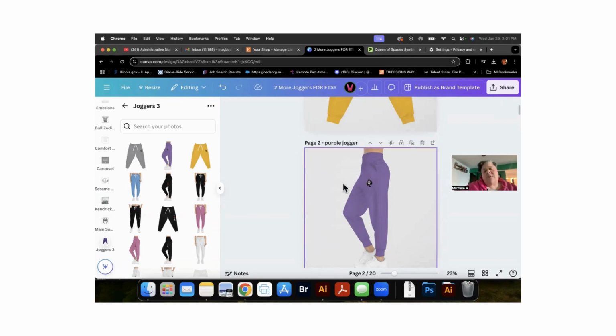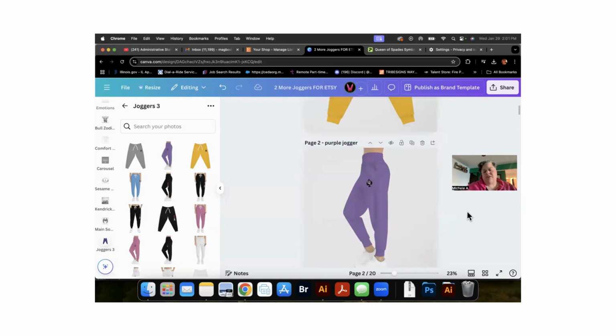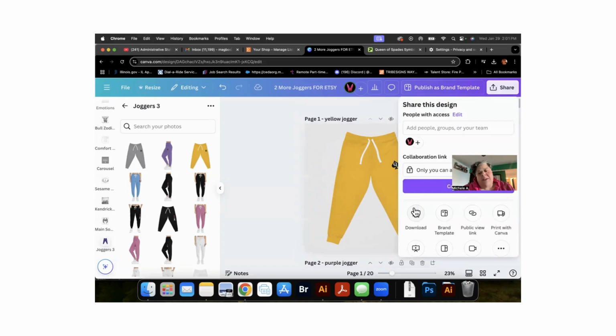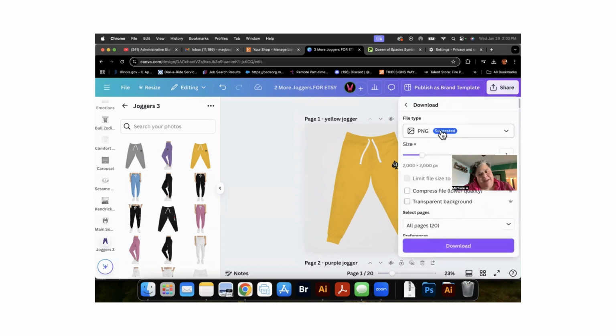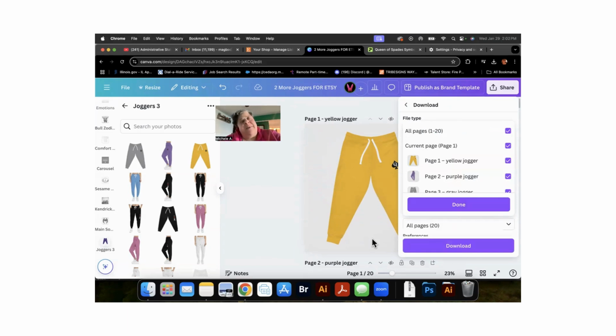And so just so you can see it, there's white back there. So this is just sort of a background that I do for my products and things. Okay, next thing. I want to put these up in Etsy. So this is my next step. I only want to download in a PNG, certain pages. I find this to be easier in Canva than in Illustrator because I either have to do all the artboards,